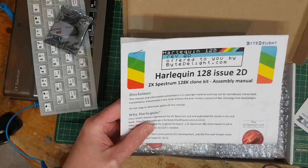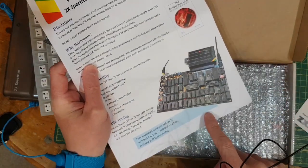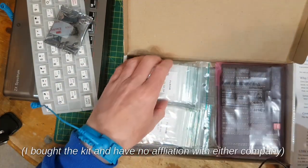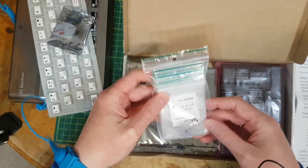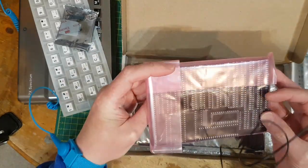So this comes in different versions. This is obviously the 128K one. That's what it's going to look like, hopefully, without this. And it all comes really nicely packaged. Everything's all labelled and set up for us. So there are all the little components, all the chips, sockets,